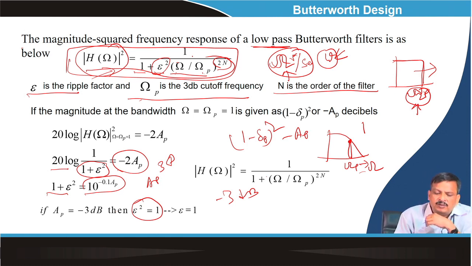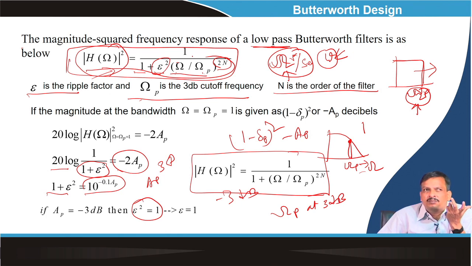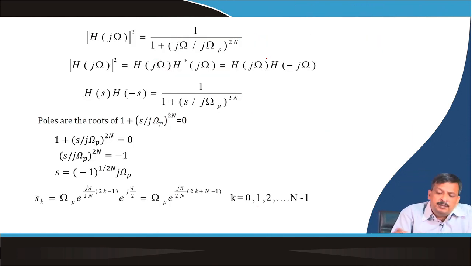So the transfer function becomes this one. Omega p is defined at 3 dB down. Now, let us say omega p is not defined at 3 dB down but at 4 dB down. Then I can get an epsilon, the passband ripple. Is it okay? So, I know the Butterworth transfer function of a filter design, this is the magnitude response of the Butterworth filter. Now if I replace s by j omega, it is 1 by 1 plus epsilon squared times (omega by omega p) to the power 2n.